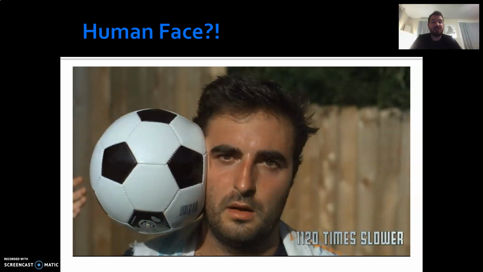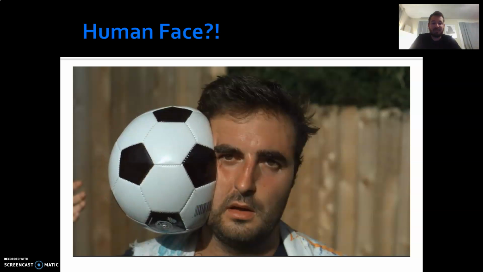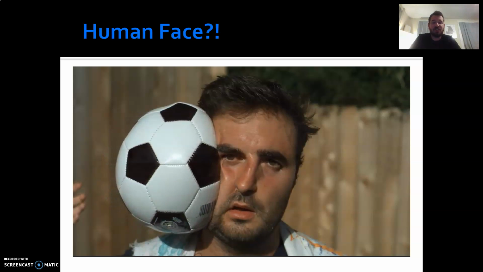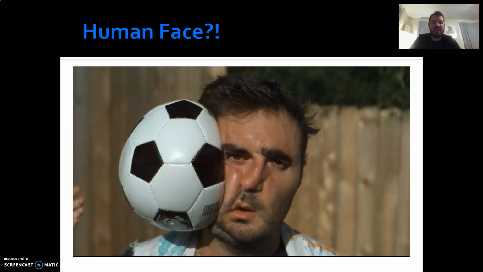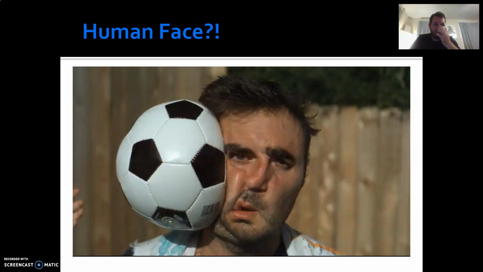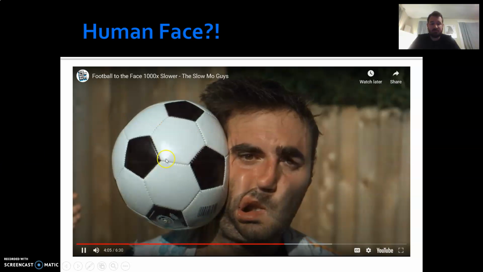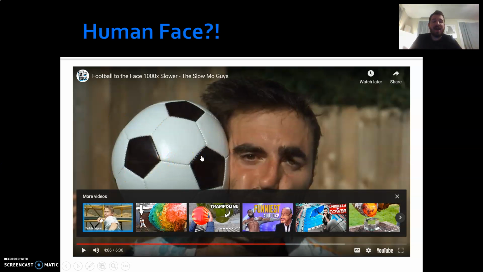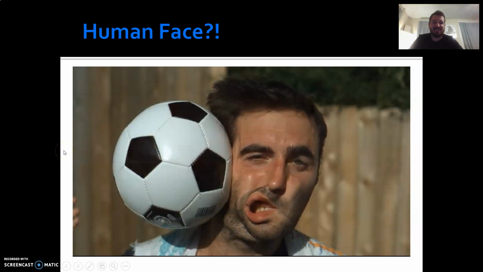So at first, you can see that the soccer ball is the one that's compressing, right? And then we start to watch. Take a look at his nose, right? The tip of his nose is staying where it was. The top of his nose is moving. Imagine if we were not elastic, right? We would get in a collision like that, and your face would permanently be stuck in that position, right? I don't think you're going to get a date at homecoming if you're